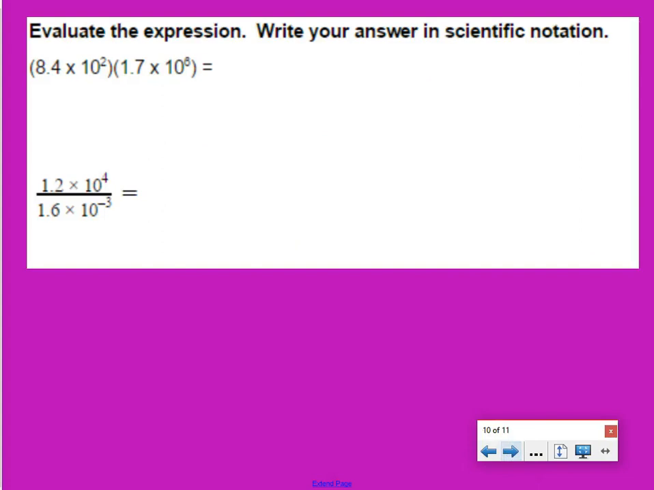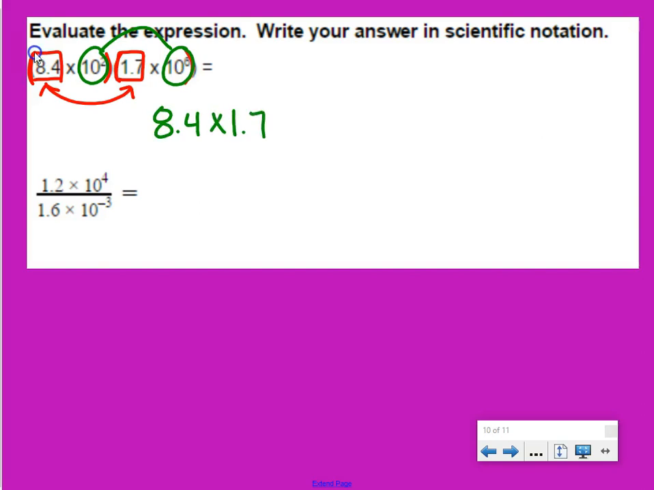Evaluate the expression. Write your answer in scientific notation. When we're multiplying with scientific notation, we have to multiply like things. So we have our two pieces, our coefficient piece and our power piece. So we're going to multiply coefficients together, and then we're going to multiply our powers together. So we are going to do 8.4 times 1.7, and it's going to be times 10 to the power of 2 times 10 to the power of 6. That'll give us our